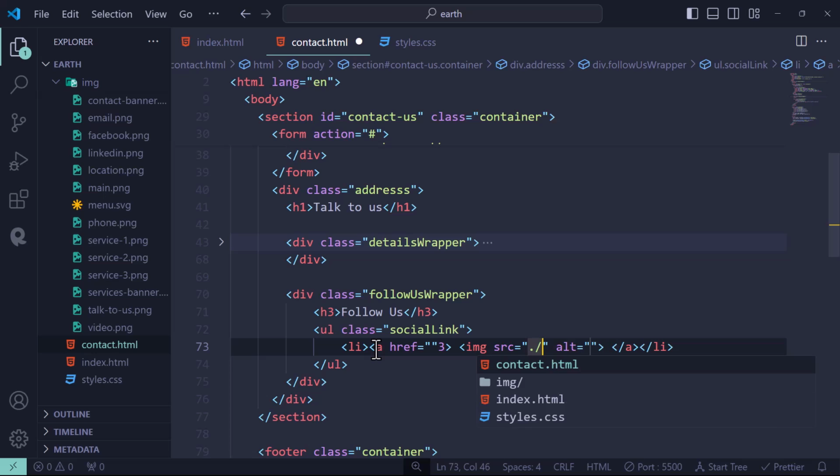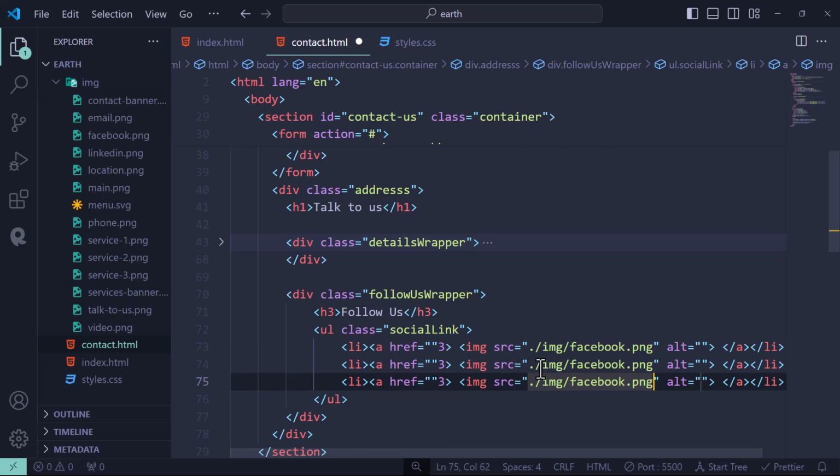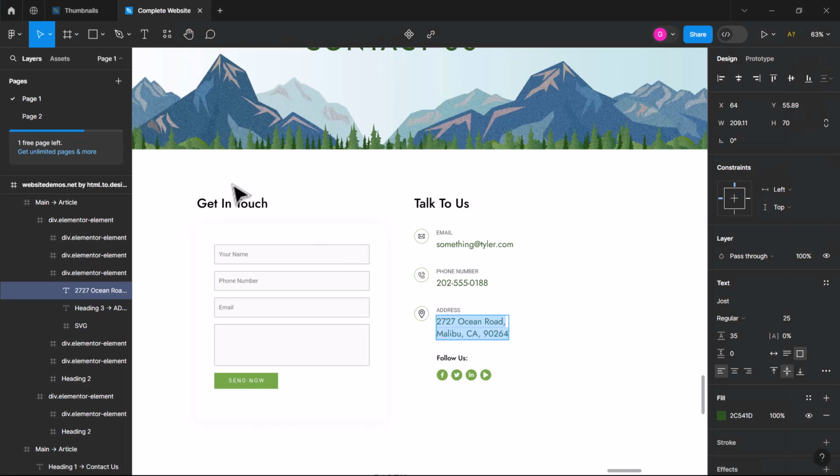This is inside images, Facebook, and duplicate this, and this is for LinkedIn, and this is for video. Understood, right? So we have created this content section, and inside that this form, and inside the form we have